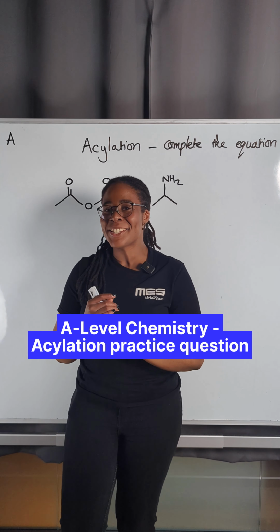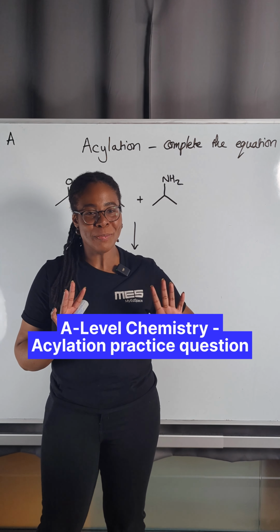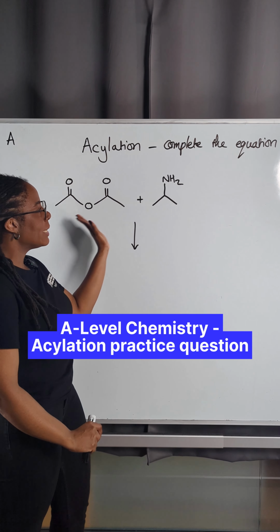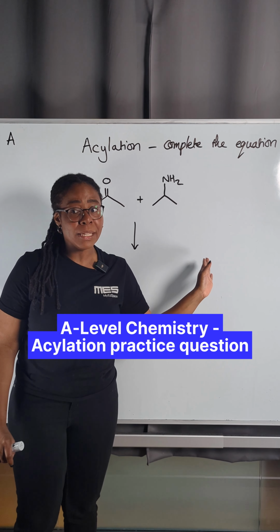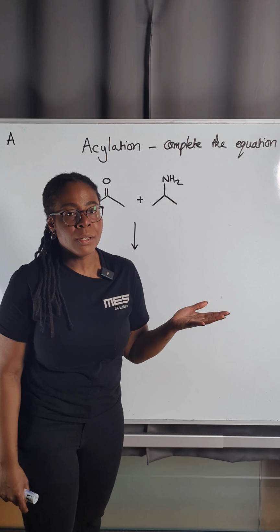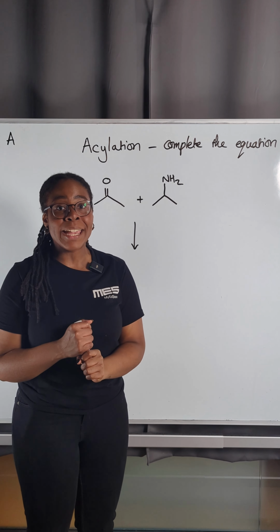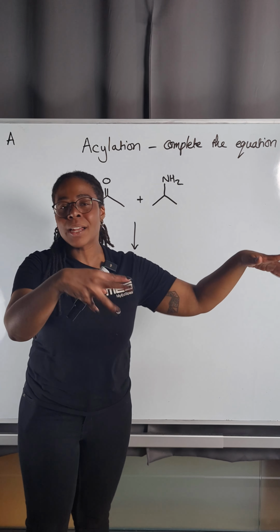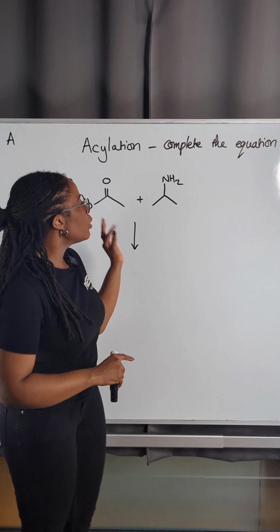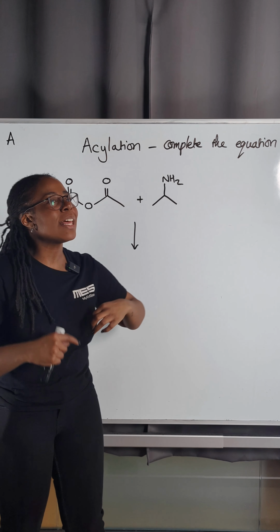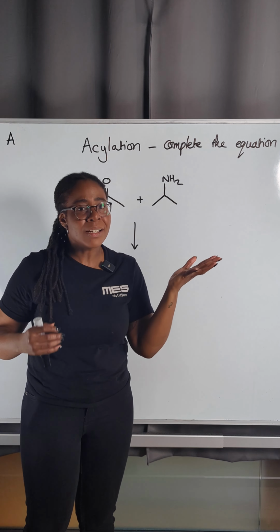A-level chemists, let's do some acylation practice. Here we have an acid anhydride and an amine, which means, of course, we are going to be forming an amide and another byproduct. Now, it's important that we don't allow acid anhydrides to freak us out, because they will react in the same